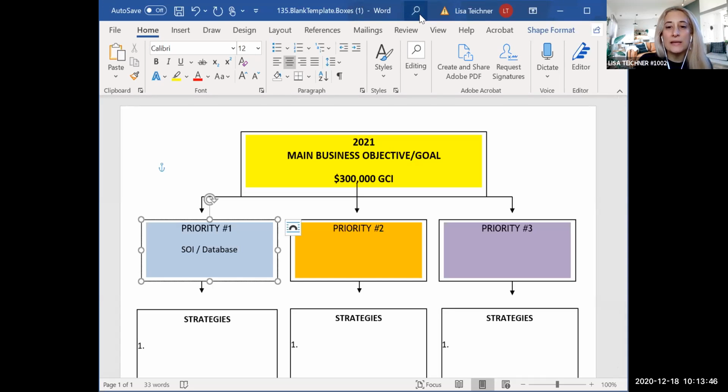So now what we're going to do is, well, let's do your other 2 priorities first, then we'll go into strategies. Okay, so priority number 2, this can vary depending on, so if you're a seasoned agent, meaning you are not brand new, and this isn't your first year, the question that I typically ask, so I coach a lot of our top agents, and when we're doing this together,